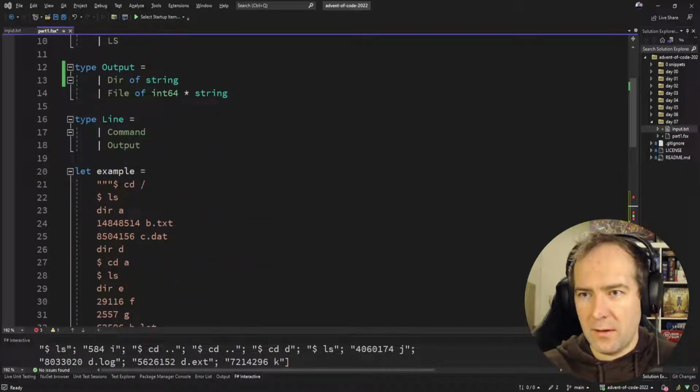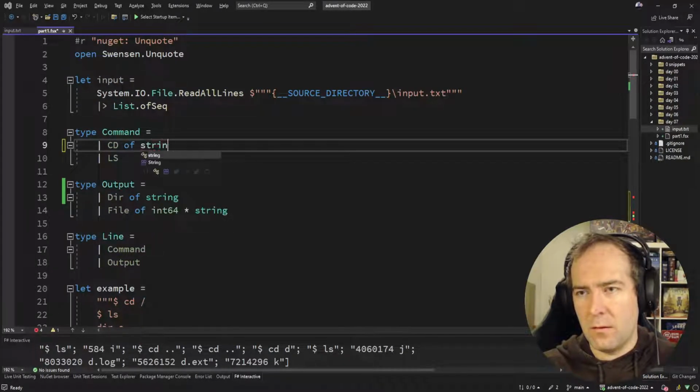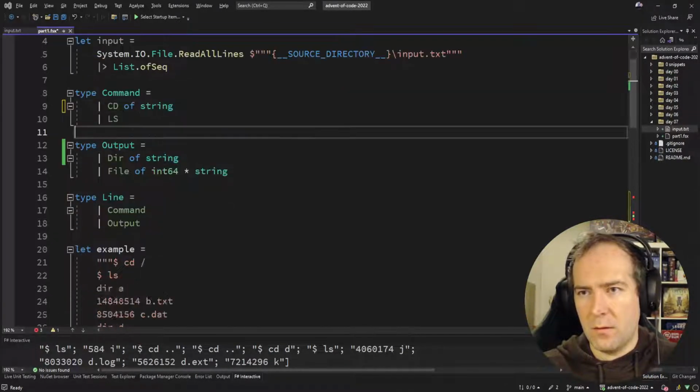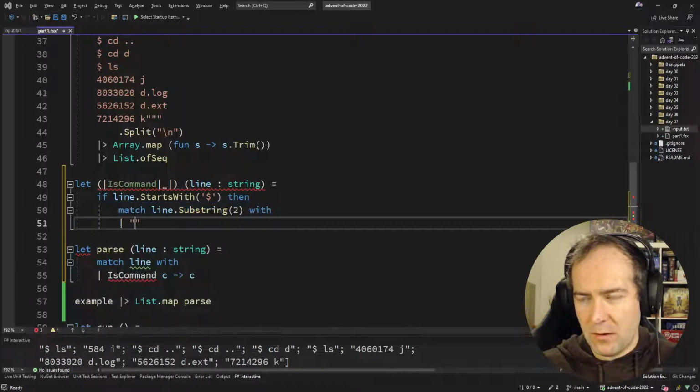Oh yeah, cd takes an argument, of course. And ls. So here we're matching with line substring, and if it's cd followed by something,